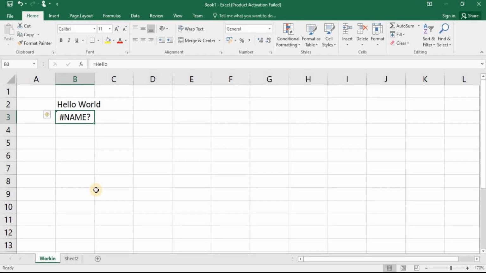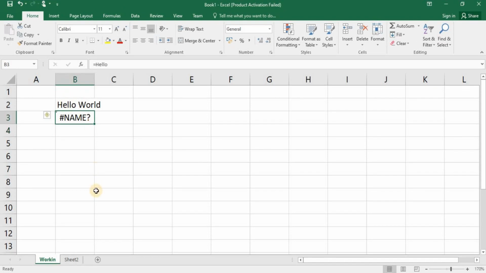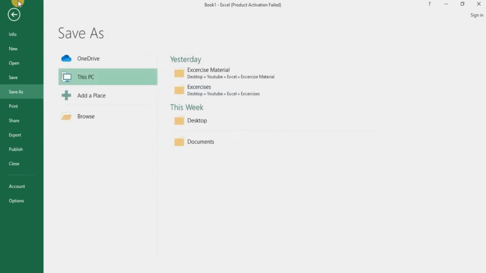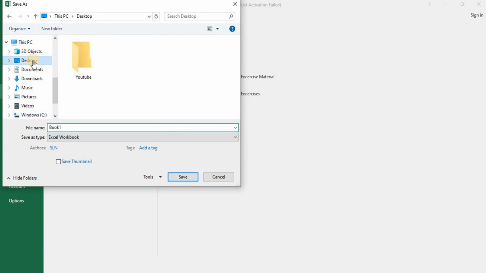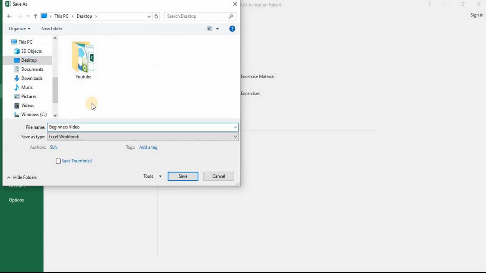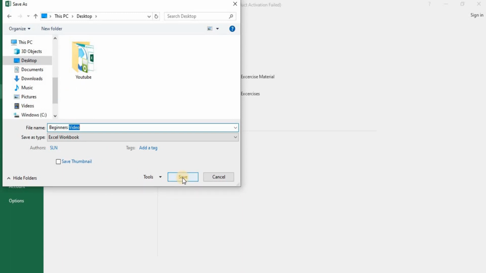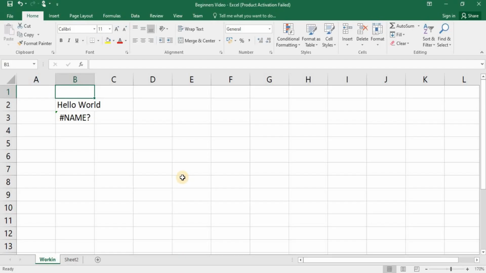Now, how to save our work or data? We can save our Excel work in Excel files. These files are called workbooks. To save this, go to the title bar. Here, in the corner, you can find a save icon. Click on this. Then click on Browse. Select the path where you want to save. I am selecting desktop. Enter the file name, then click Save. So I have saved the file on my desktop.